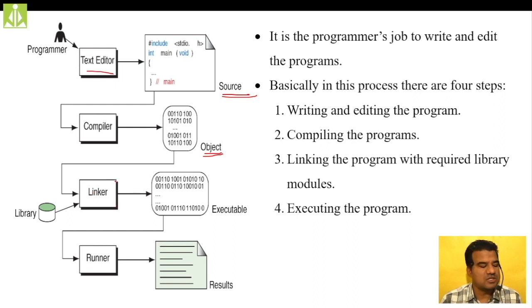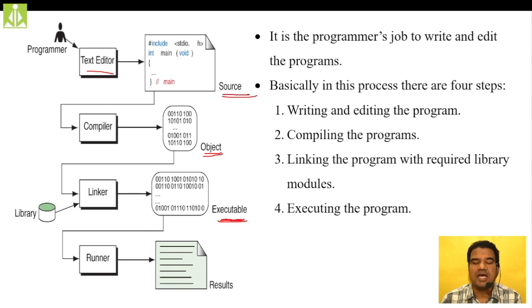This linker is responsible for replacing your function calls. All the function calls, user defined and predefined, will be replaced with the actual code of those functions with the help of library modules. Where is that function code available? Inside the library files. By taking the help of these library files, your linker replaces all the predefined and user defined function calls with their code, or their bodies. Once the replacement is done, once the linking process is over, we get the executable code.